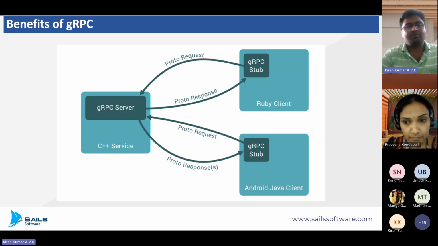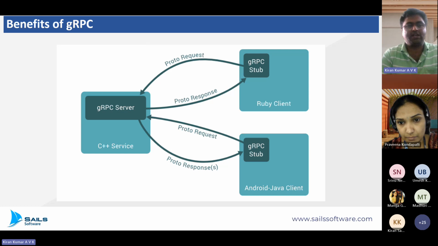So gRPC will actually be implemented in two services, one is server and one is client, right? Using that stub, which is nothing but a client request, you can say. Those who have already worked on an RPC framework will better understand what stub means. However, those who haven't, you can say that stub means the client request